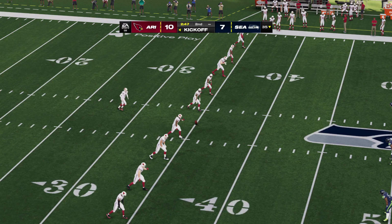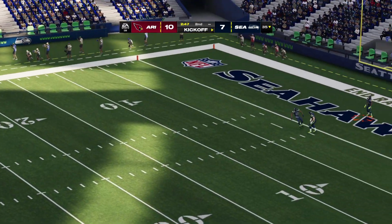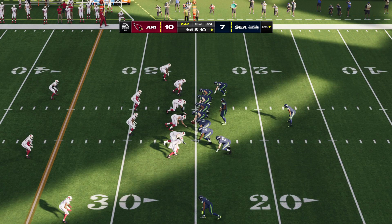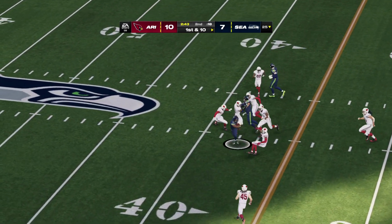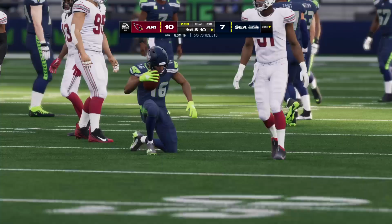Prater now will send it away following the made field goal. And they'll put up the stop sign there as his guys will get it at the 25. Coming to the line here to begin their next drive, the Seahawks offense. For this offense, Charles, remember the last time they were out here, marched it nearly the full length of the football field, and a lot of the attack went through the air, so now they're seeing if they can duplicate